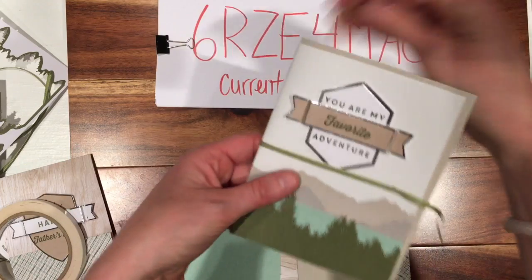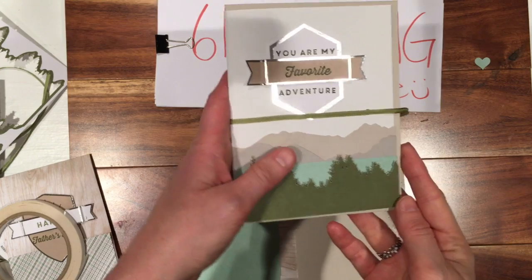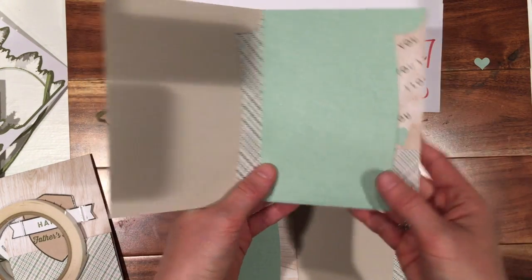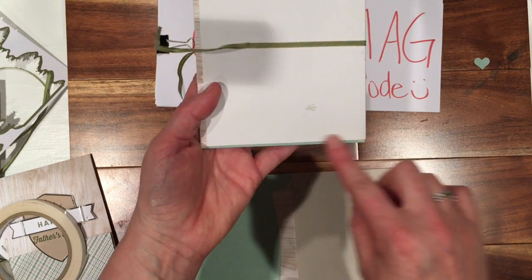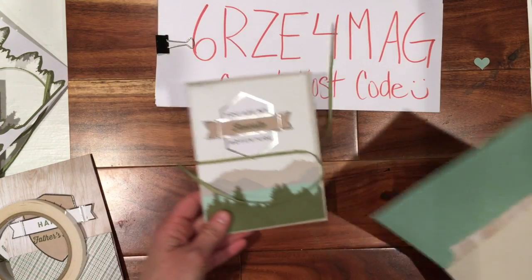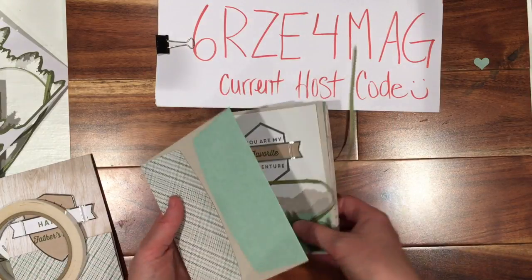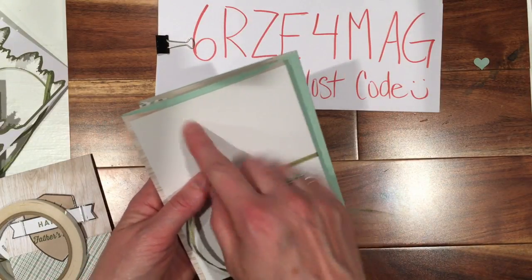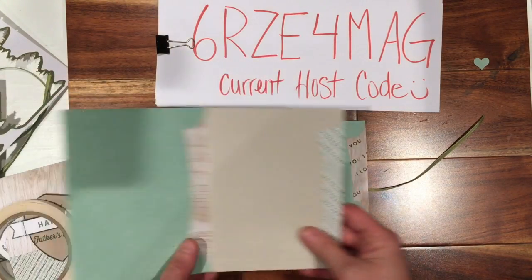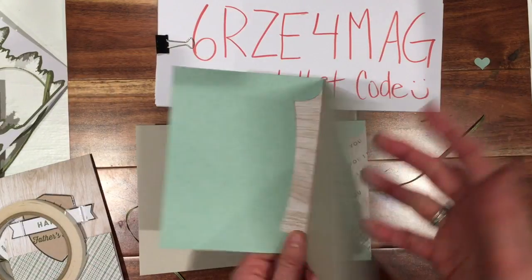Okay, now on this one, you can see how the envelopes naturally are bigger than the actual card. So they not only end up lining the card here with the two pockets, but they act as kind of like a little border for the outside of your card too. Okay, so it'll be slightly different. It'll be a green little border on the front of this one now, and then it will be this kind of multicolored one on, actually did I do it the exact same? No, I didn't. That's just the way that they are. Okay, so that, with this one folding over, that's what it's going to look like,